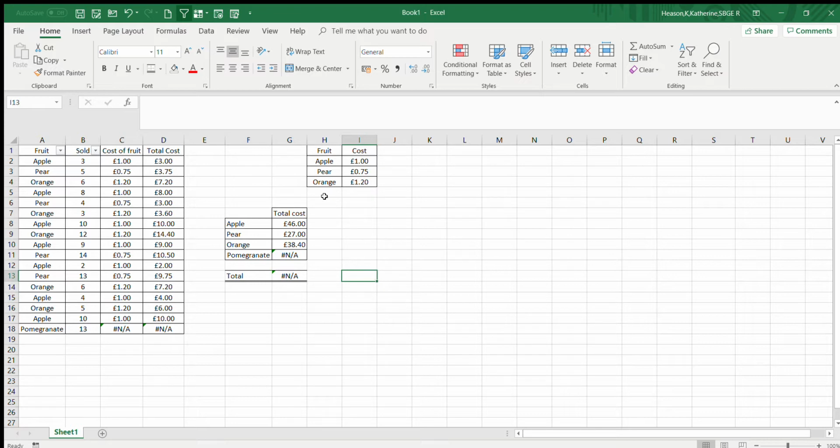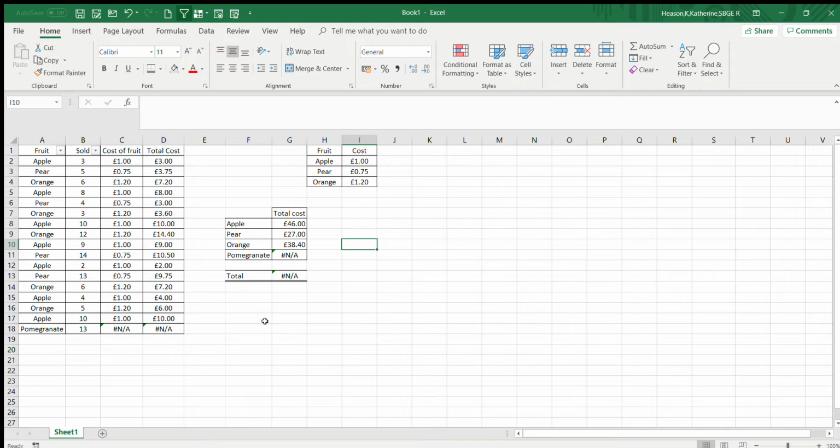And it's just because I know what the error is in this circumstance. It's just because I haven't put the fruit in. If I actually put in pomegranate into here and I put, say, 50 pence in, then it wouldn't have an error anymore. It would be able to give me everything that I needed. But just in case there is a reason for the error, or maybe it's just not there because we shouldn't have sold it or something along those lines, or there's a rogue bit of data that shouldn't really be there, what you can use is a formula called